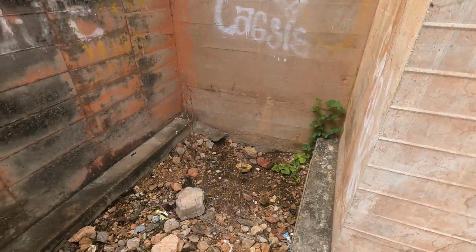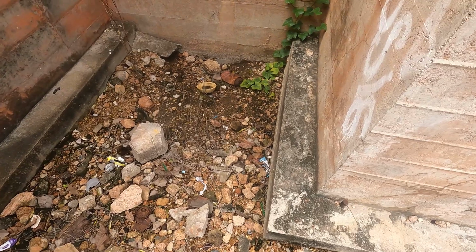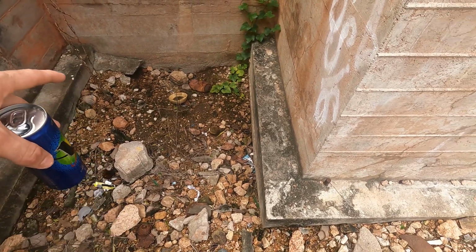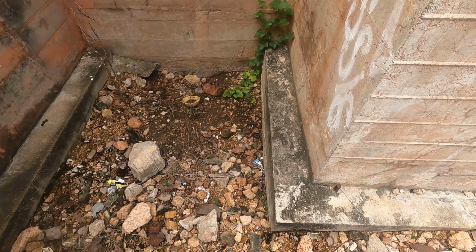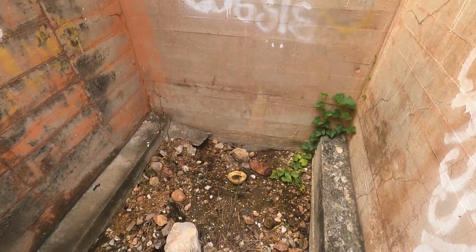And there's no door, but look at this, there's no ground. And to me, this looks like it's been filled in. To me, this also went underground into either the basement level or underground tunnel systems. Because yeah, you can see that's the